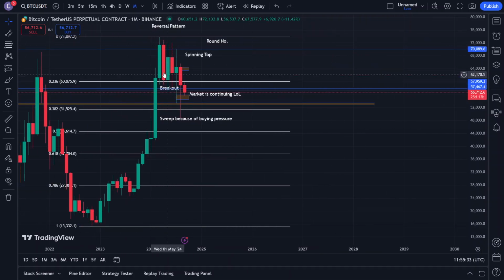As you can see, this is a reversal pattern. One, two, three, four. Four candles are literally a reversal pattern, and the fifth candle is a spinning top. These five candles indicate that Bitcoin is not at all good, and this sixth candle breaks all the way through Fibonacci 0.236, and the sixth candle is right now going down, breaking this particular demand